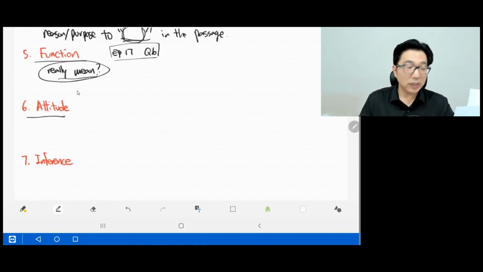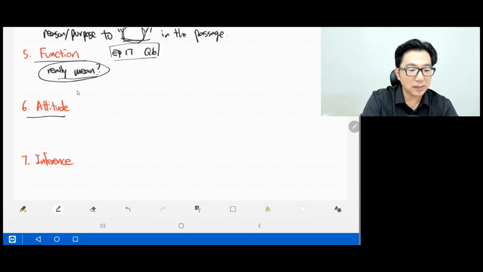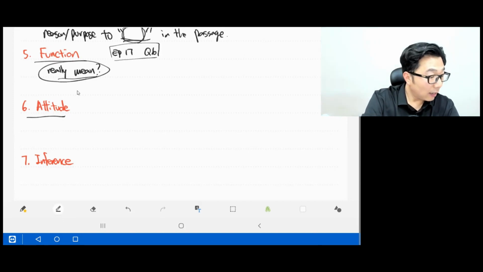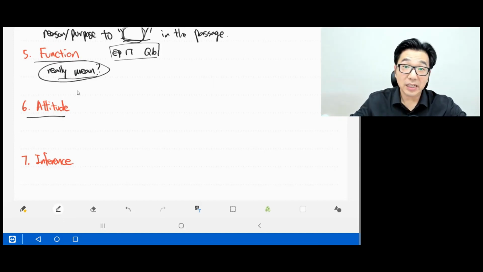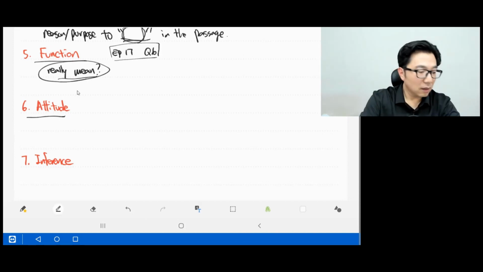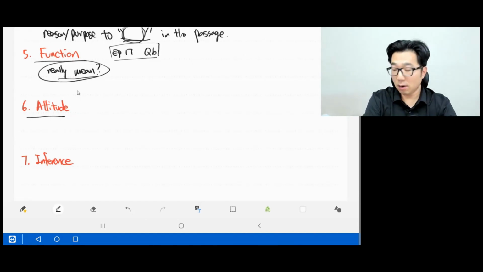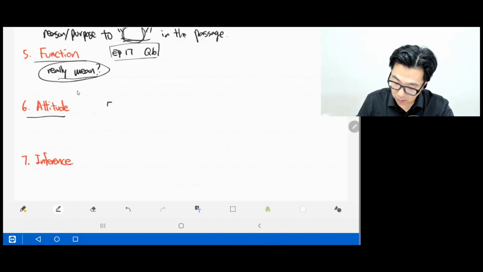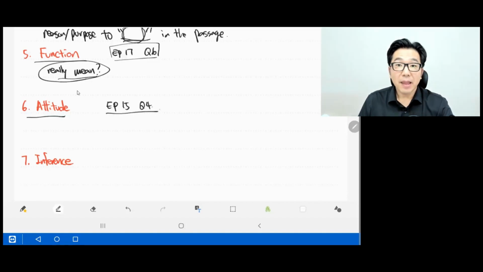And attitude, we didn't have that in today's class, but in episode 15, right? In a conversation passage that I went through, in episode 14 and 15, it came out in question 4, okay? Question 4. So if you want to review, you can look at that, okay? And it's very close to the function question. It's almost the same question type, but rather than finding out what the